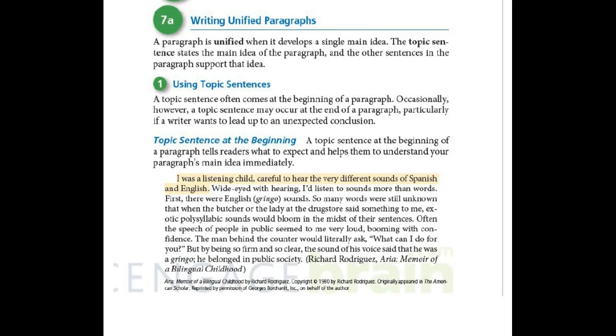So a paragraph is unified when it develops a single main idea. The topic sentence states the main idea of the paragraph, and the other sentences in the paragraph support that idea. So really the topic sentence is the linchpin when it comes to unifying that idea that is presented within the paragraph. I know you've all heard of topic sentences before, and so this is just a little bit of a reminder. A topic sentence tells the reader what to expect,